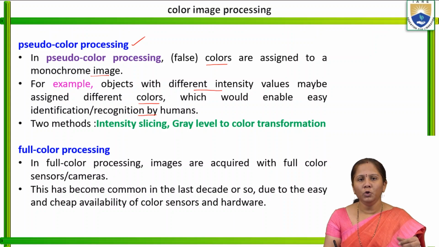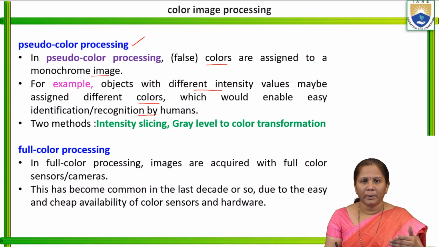For the human, it will be very easy to identify and recognize. Why? Because in that monochrome image, there may be a lot of information which will not be recognized properly. If it is converted into pseudo color by allotting false color, different regions in that image can be clearly visualized with different intensity values. This is the main purpose why pseudo color processing is